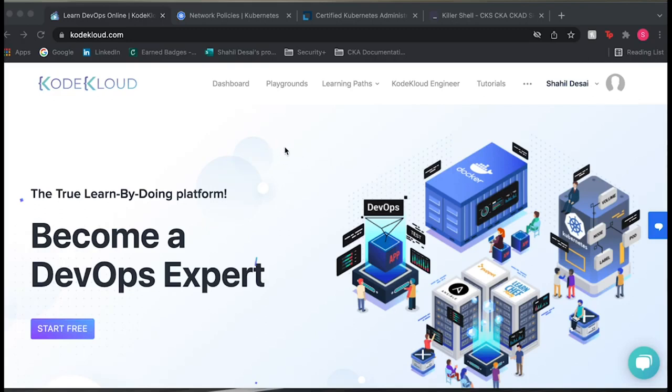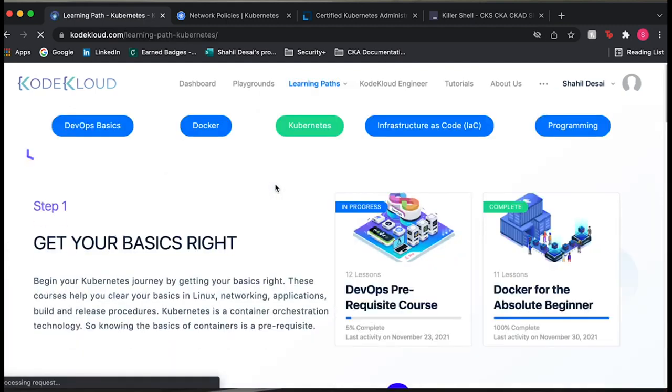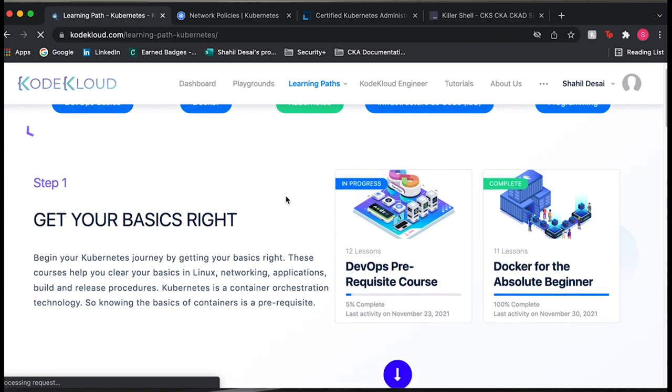So this is what CodeCloud's site looks like. You would sign up for an account, do all that kind of stuff. And so under Learning Path here, they have a few different things, but we'll just stick with Kubernetes for now. So if you go here, it'll show you, basically this course is really good because it's designed for somebody like